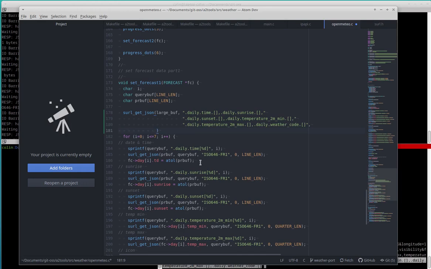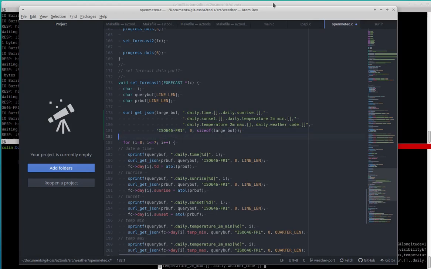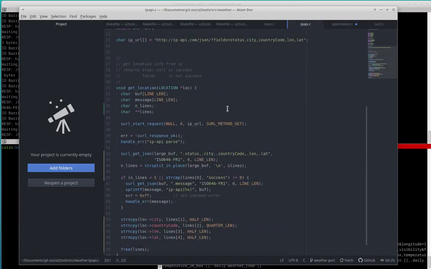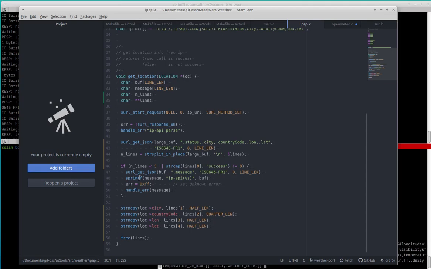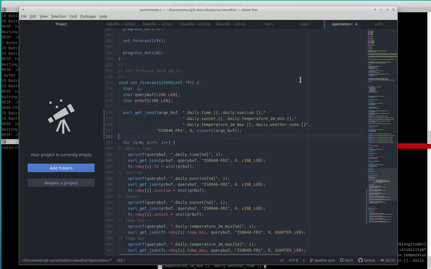And it's going to be size of large buff. And then this is size of large buff, to split our reply,